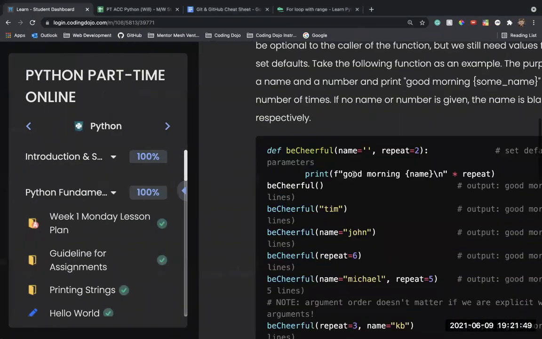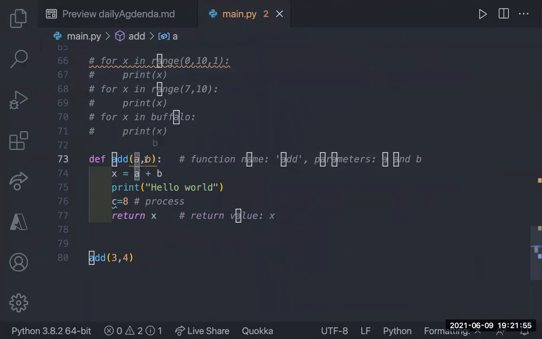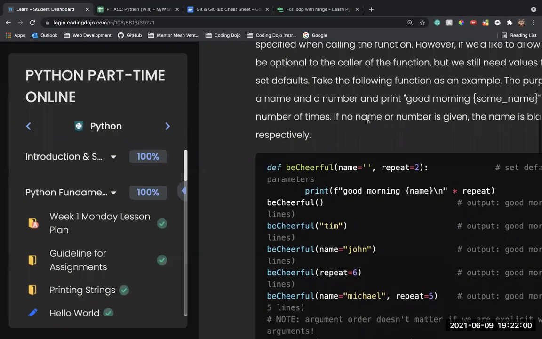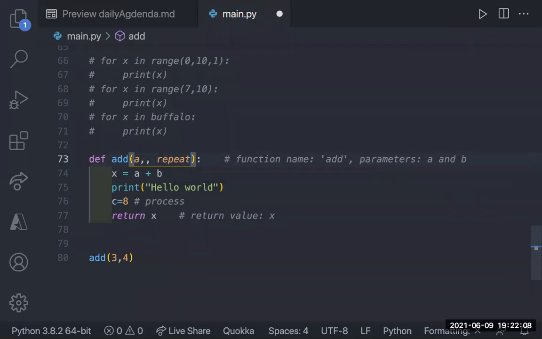Cool. Now there's something called a default parameter. So in our function here, we just have these parameters that our users pass in. But what if I wanted to add another parameter that just said like repeat equals 2 or something like that? It can also do what we call a default parameter, where I just write in a value. So my user who calls this function doesn't have to pass in anything for repeat, because by default, repeat will always equal 2. So that's just called a default parameter.